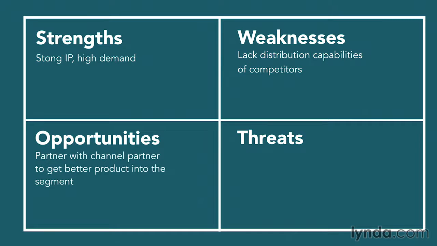Because you have that strong intellectual property and no distribution, perhaps your business pursues a strategy where you partner for distribution, and you find a channel partner who has strength in terms of distribution, and perhaps they have a weakness in terms of intellectual property. And that's a good combination for you to take it to market. So when you conduct your SWOT analysis, don't just leave it at doing the analysis. Think through the implications of those strengths and weaknesses and the threats and opportunities you face, and turn those into a plan for how you're going to compete effectively.